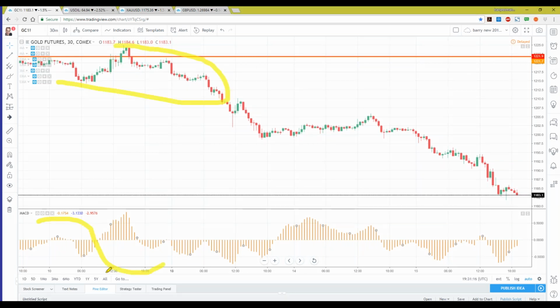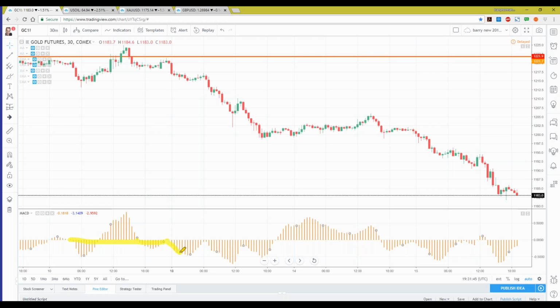We don't have a signal line and we don't have a MACD line, a trigger line. Because all of this is calculated down, and when that MACD line crosses the trigger line, it's always at 0. So at this 0 point on this 0 line,